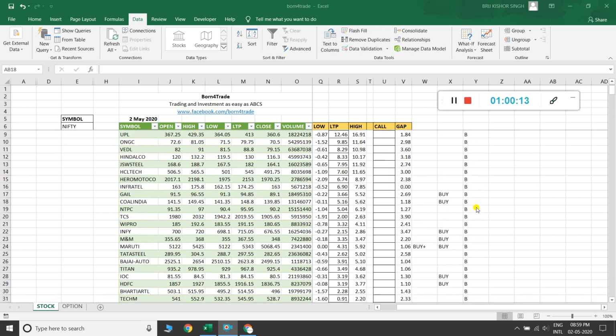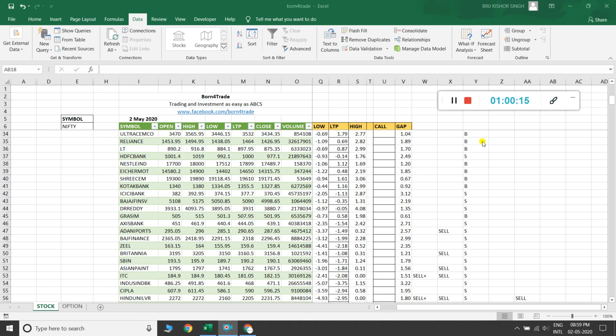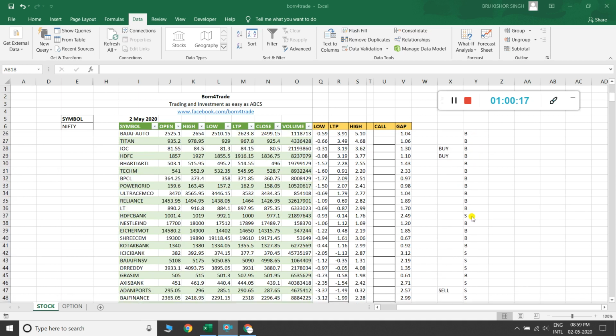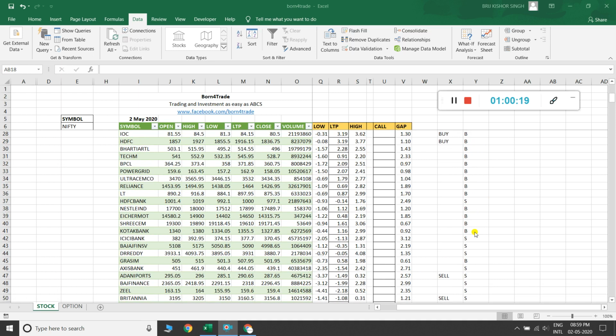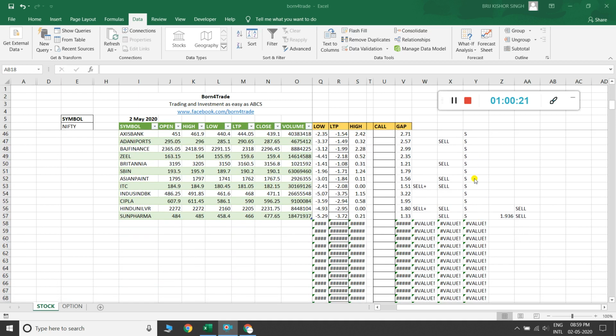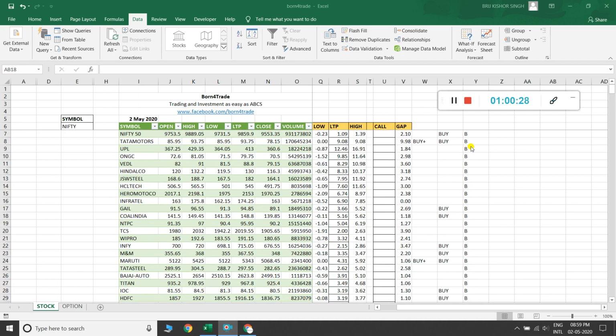So here are buy signals, buy signals; in the center some buy and some sell mixed, but in the low it is all stocks with sell signals. So now we find the formula for buy plus, sell plus, buy, sell, B and S plus.